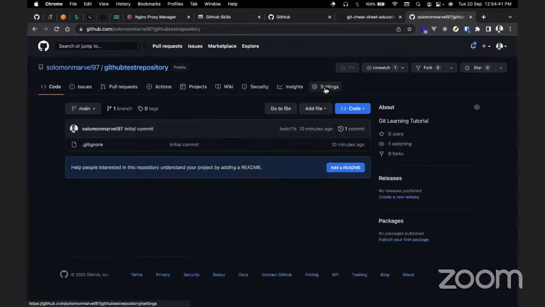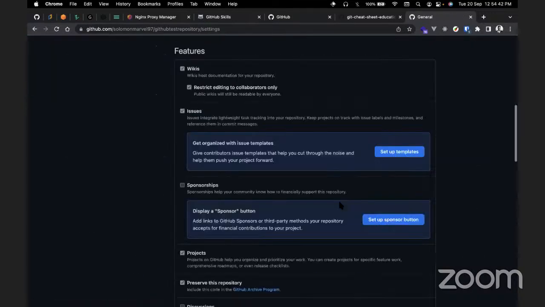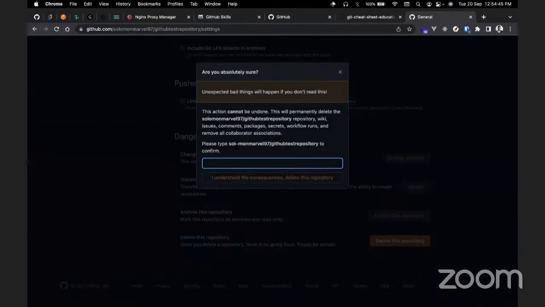What I'm going to do right now is delete this repository and we'll create a new one. In order to delete a repository, which I think is an important thing for you to learn to do, because you might find yourself doing that most of the time, all you have to do is click on the delete this repository button, and then